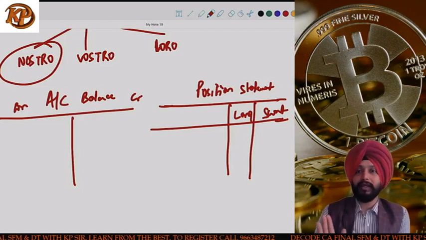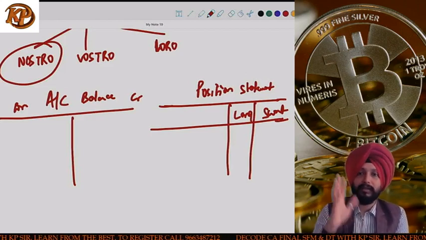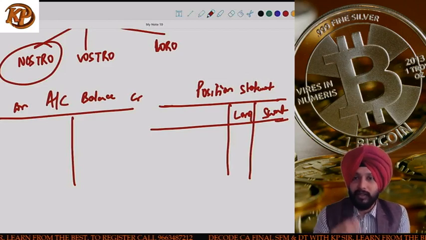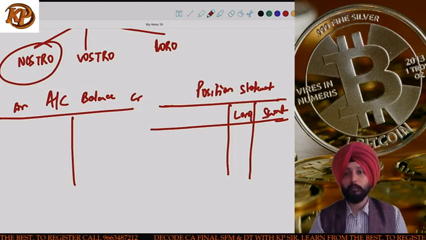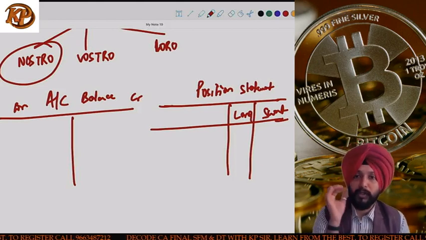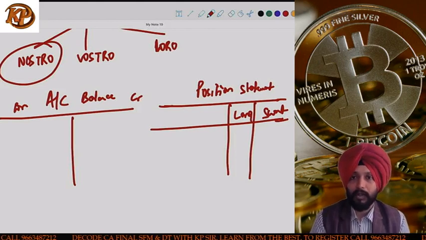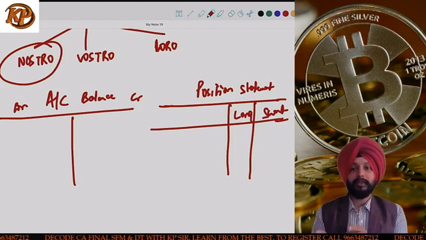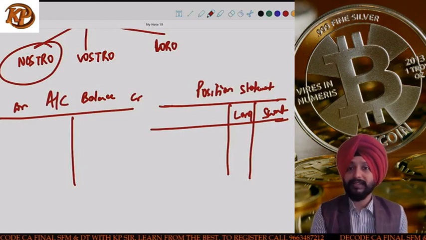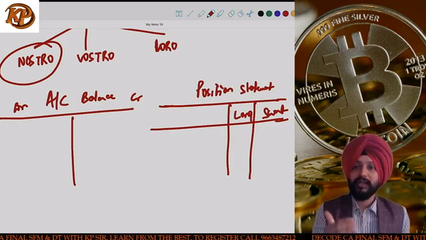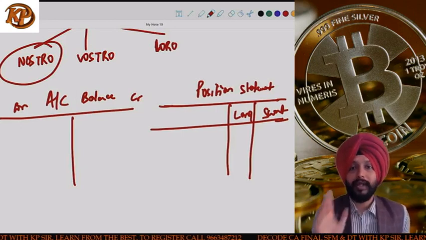Any action taken by you, this is suggestion number 2, any action taken by you, whether to buy currency or sell currency, whether inflow happens or outflow happens, any action on your part will impact your position statement, which means the moment you take any action, a long and short will be impacted. Okay, so position statement will almost be impacted in all the transactions, but as far as account balance is concerned, we will wait and watch, and only when there is real cash inflow or cash outflow, then account balance will